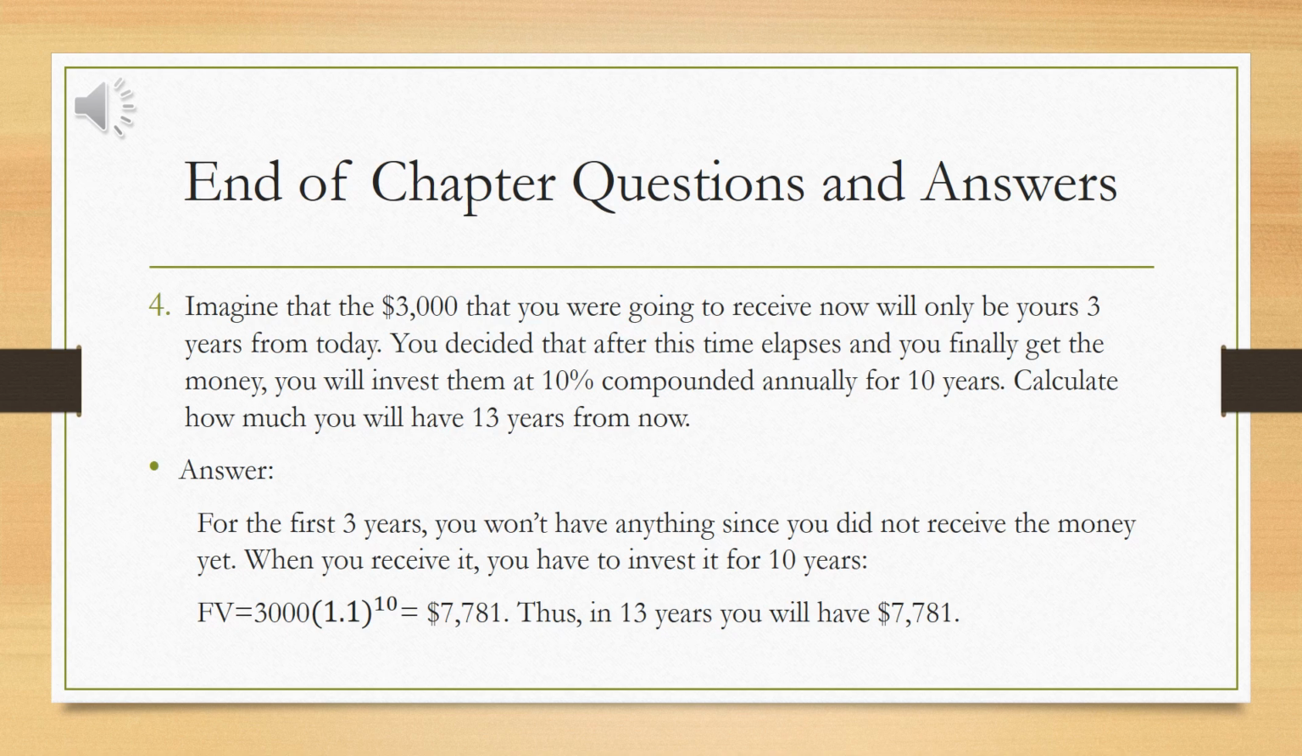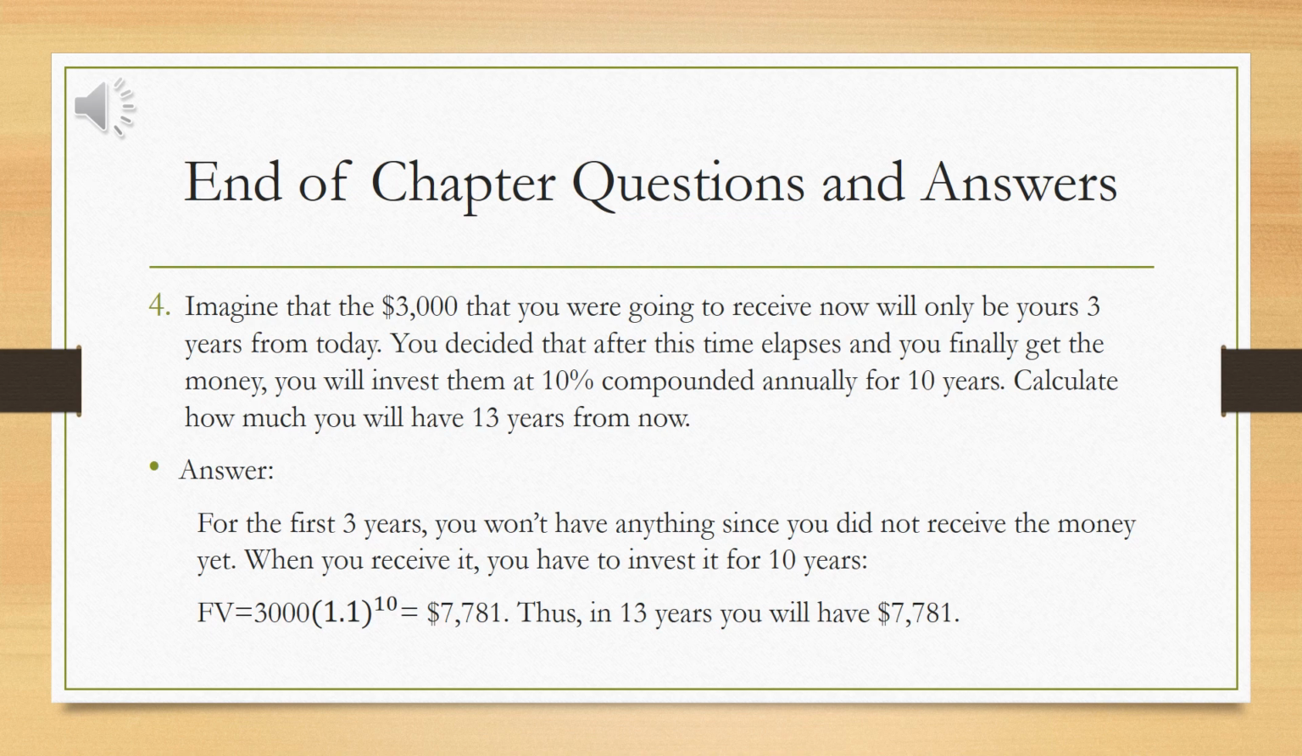Imagine that the $3,000 that you are going to receive now will only be yours 3 years from today. You decided that after this time elapses and you finally get the money, you will invest them at 10% compounded annually for 10 years. Calculate how much you will have 13 years from now. So, for the first 3 years, you won't have anything since you did not receive the money yet. When you receive it, you will have to invest it for 10 years. So the future value will be 3,000 times 1.1 to the power 10, which is 7,781. Thus, in 13 years, you will have